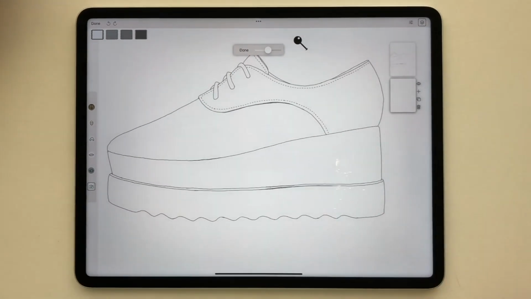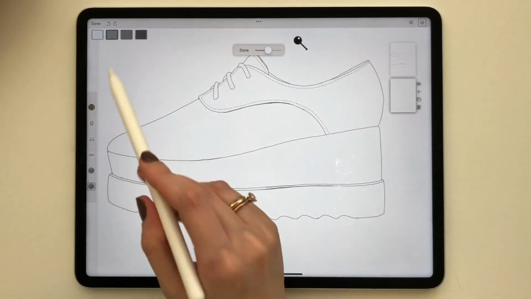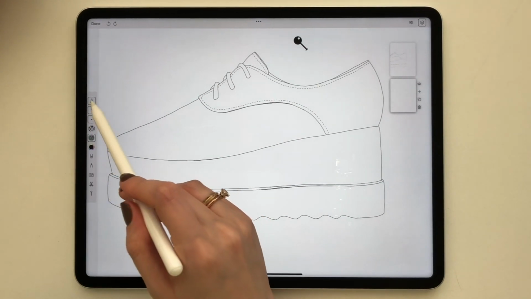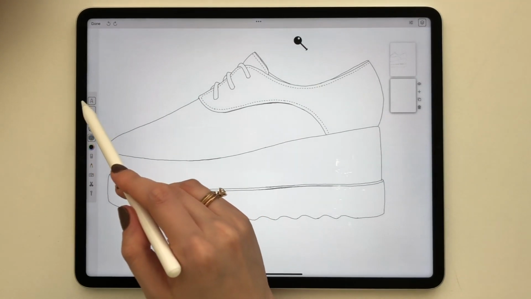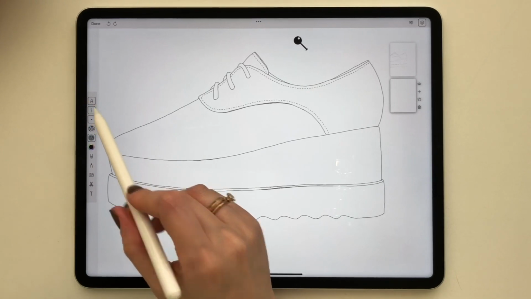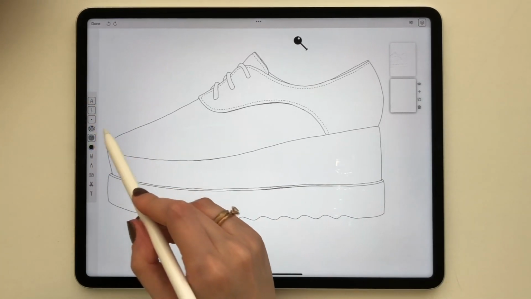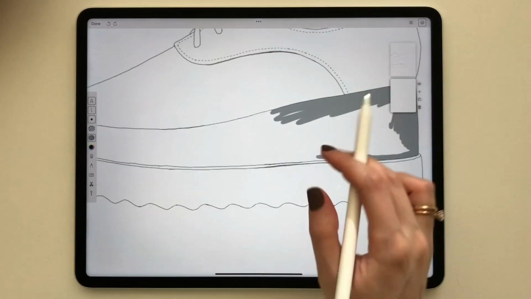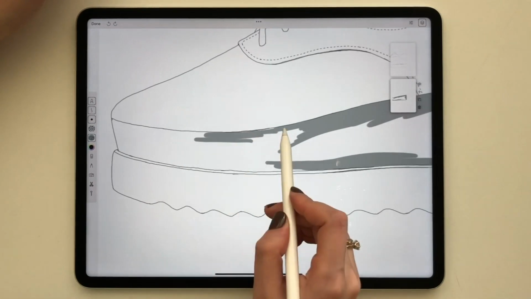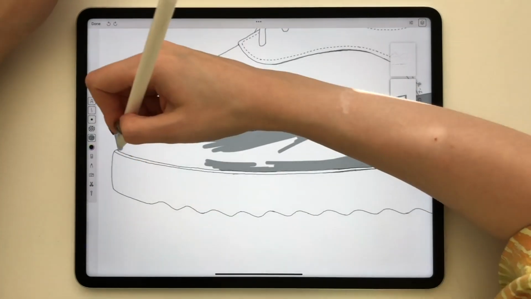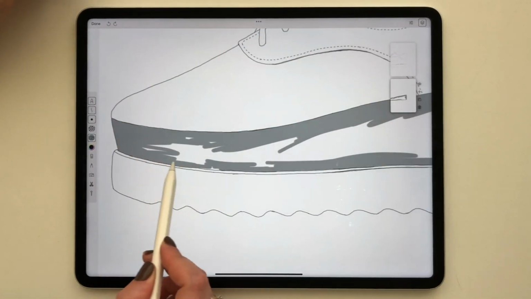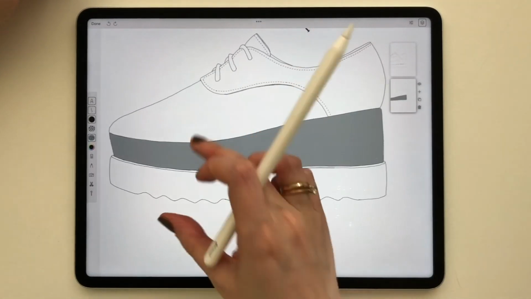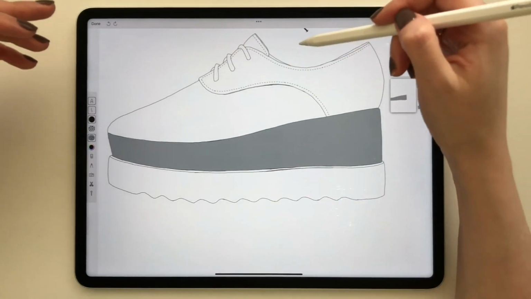So I have a custom palette right now. I will take this middle gray color and I will take this opaque brush and fill in this area. I'll stay working on this layer, and I need to add the